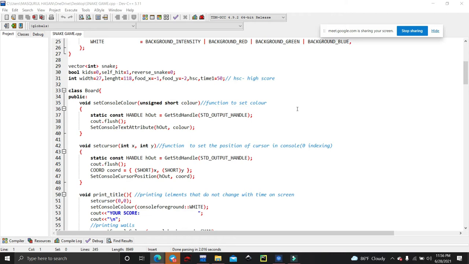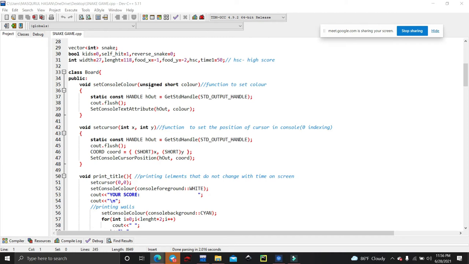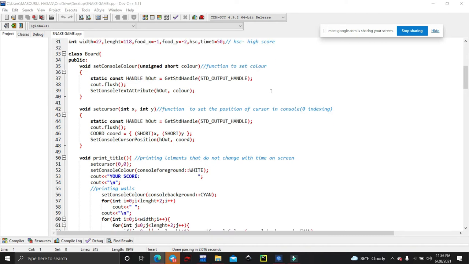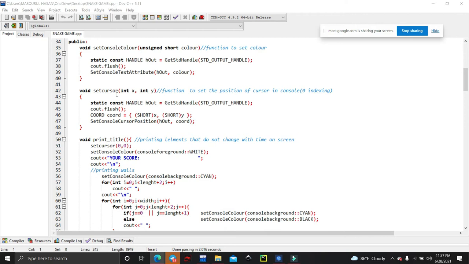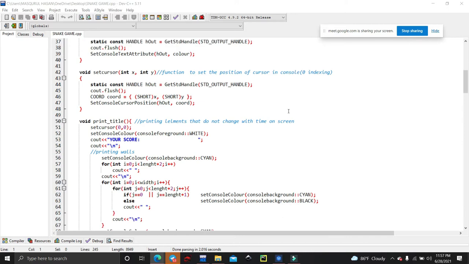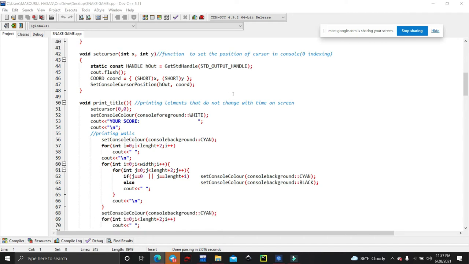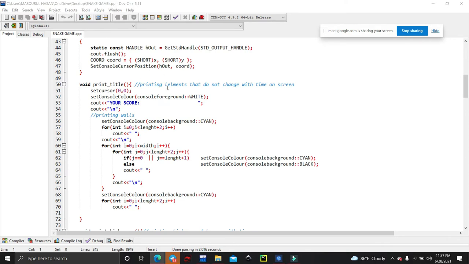So next, we use our class Board, and here is our public section, and this is our function to set the color, setConsoleColor. Mainly, this color is for our console. And then you can see we use our setCursor function. This function is to set the position of the cursor in the console. Then we use static const handle, then cout flush.